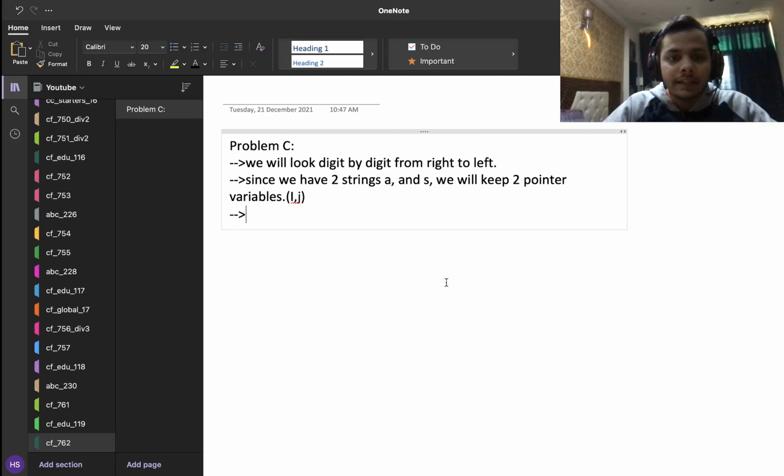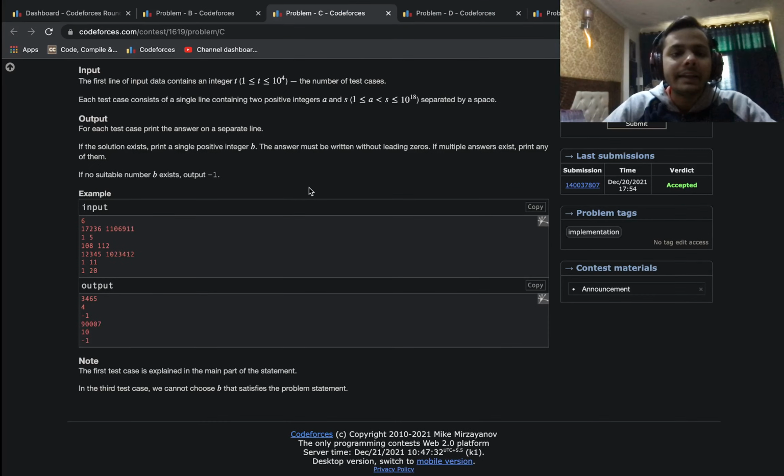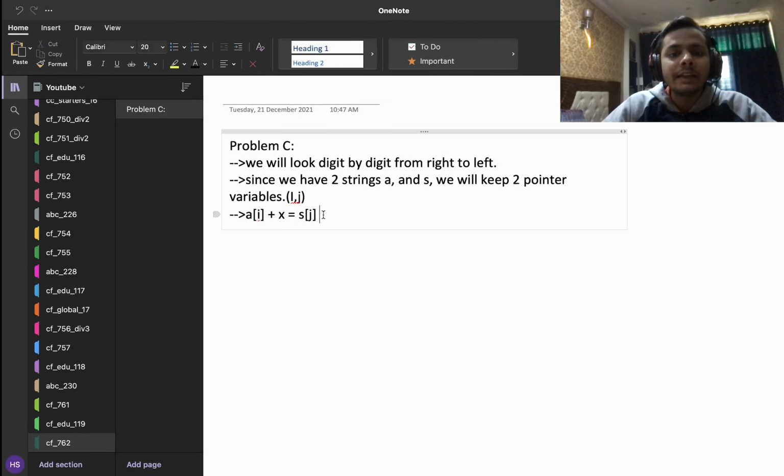So what we mean is that S of I plus some number X is giving me A of I plus some number X, which gives me something, right? So that something can be anything. But the rightmost digit of that something is surely going to be S of J. And another thing to notice here is that the sum of two digits can never exceed 18. And so I know that this something lies between 0 to 18, but its rightmost digit is obviously S of J. That I know for sure.